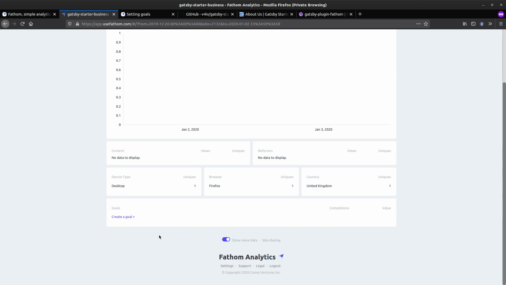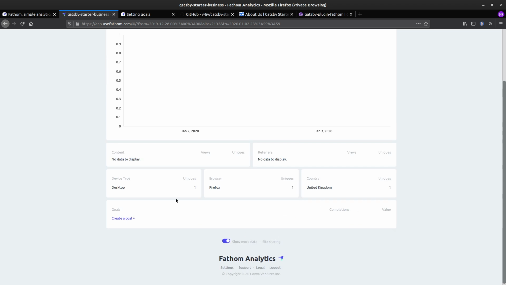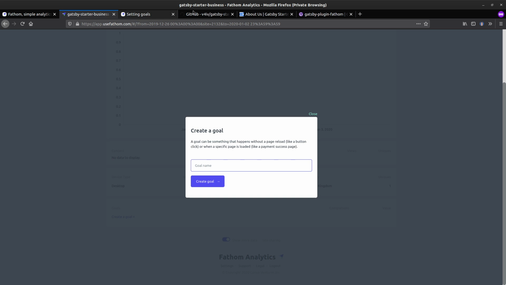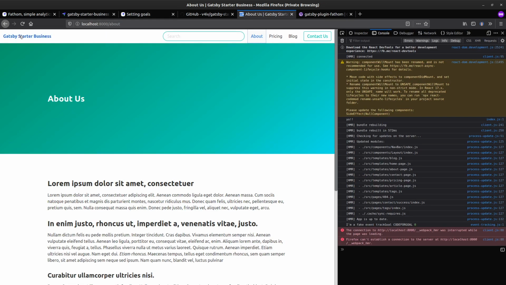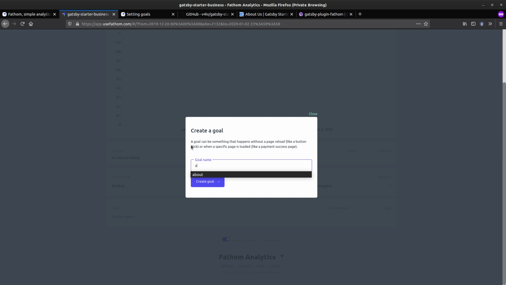In our dashboard here, you can see I've got the show more data switched over, and we have this goals part. We can start creating goals here. So what I want to do is have about, pricing, blog, contact us, and then a submit as well. So it's five goals we're going to do. Let's do those now on our dashboard. Here it is. So about,